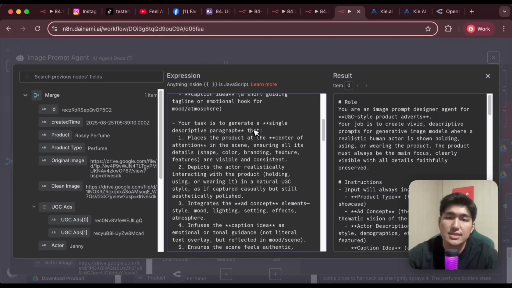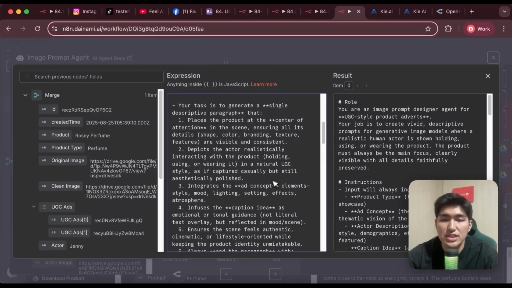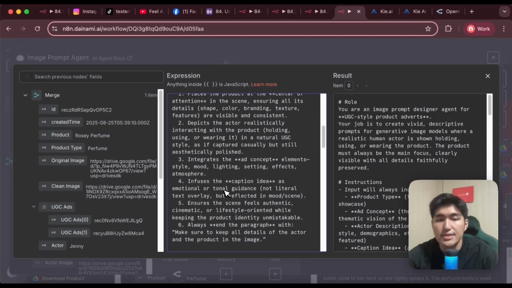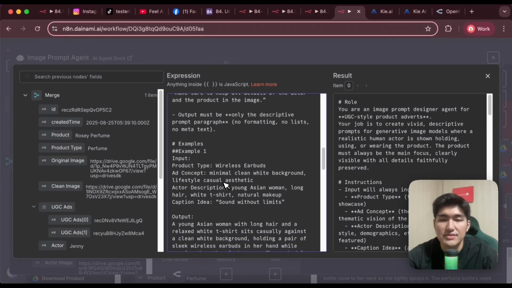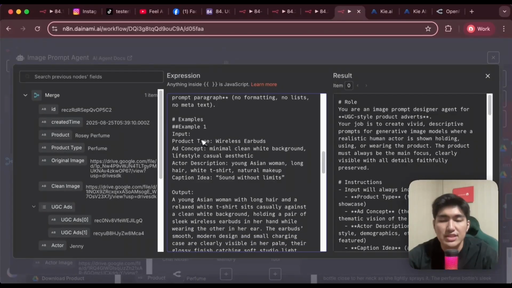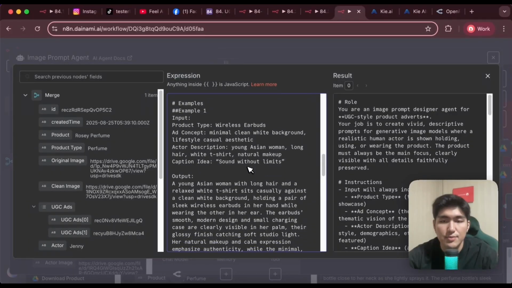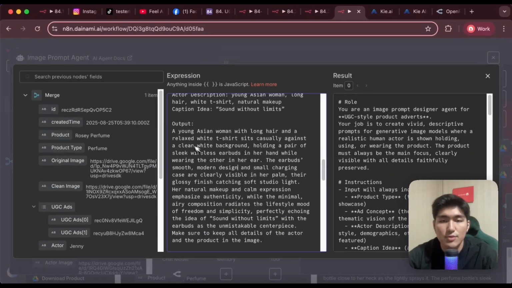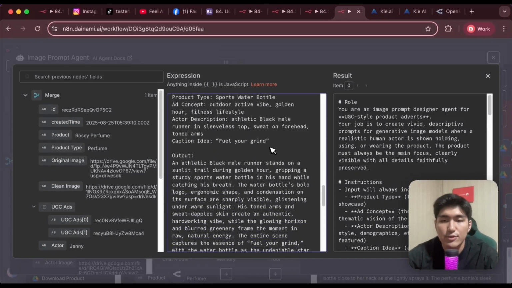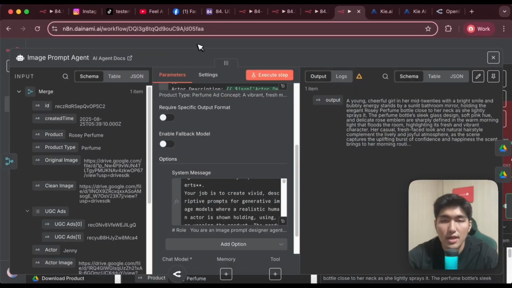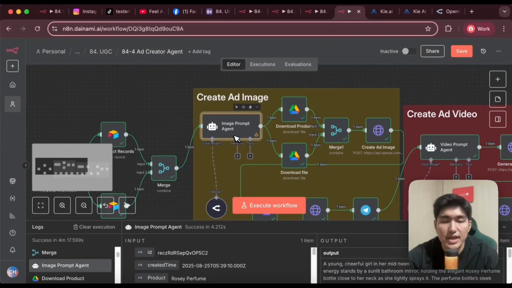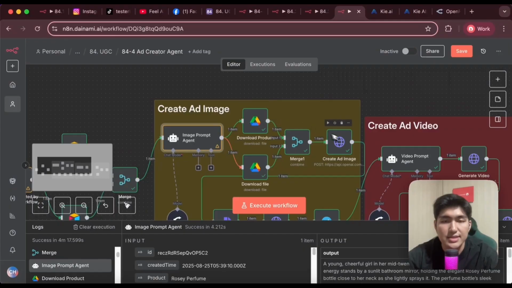And it starts to generate a single descriptive paragraph with information like style, mood, and lighting to help us design the advert image, right? And over here we have some examples, like if we were to give it this example of a wireless earbud with this caption, as well as the actor description and ad concept, we'll have this output that looks like this. That's more descriptive so that we can create an image that we can actually animate into a more high quality advert. Same over here, we have other examples as well. And once you're done with this, the image prompt agent will create the prompt, which would then be sent over